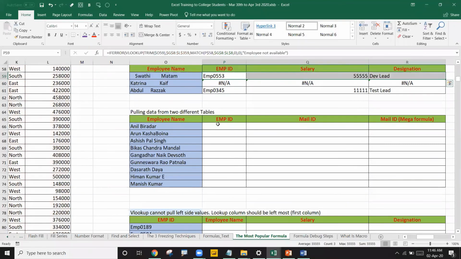Drag right. It is not saying employee not available because the employee is available and the VLOOKUP is not giving any error, so no problem. Once I drag it down, for Katrina it is showing employee not available. Is that clear?